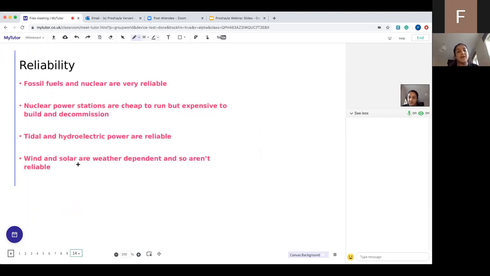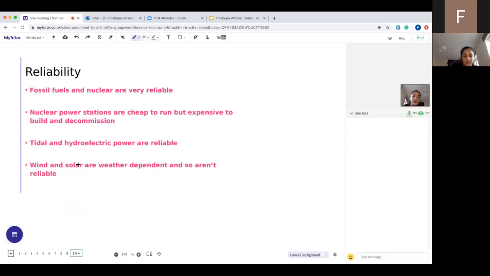Okay, so what does it mean for a resource to be reliable? Well, for a resource to be reliable, the stock needs to be easily replenished. So fossil fuels and nuclear fuels are really easy to get, really easy to run, cheap to run, and have a very high power output. So really for the world, the main important thing for us is the power output of the energy resource. If it's got a high power output and it's easy to run and decommission, it's going to make it a really viable